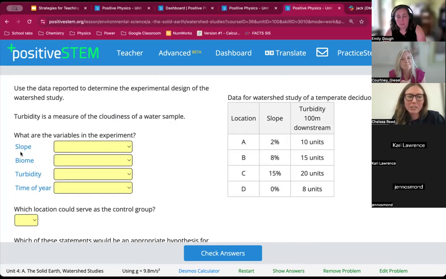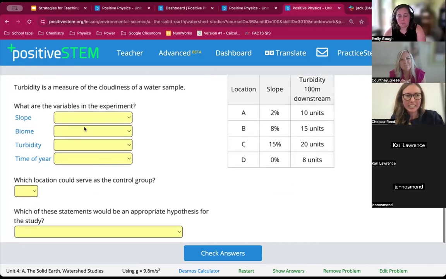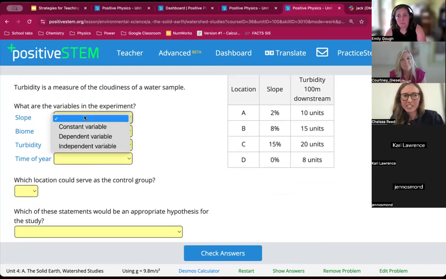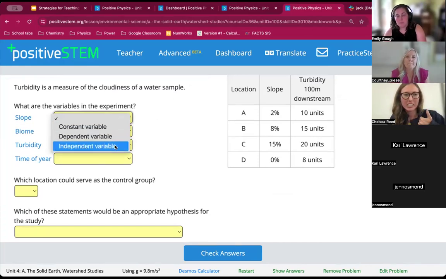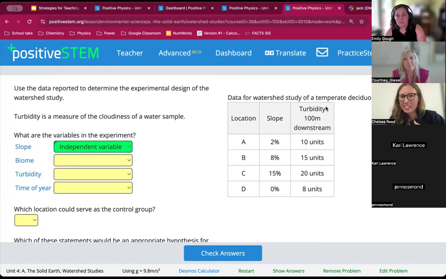So this is also going to be randomized. They have a problem with a watershed study that's looking at turbidity and slope. And so they're looking at a data table, and then they're trying to decide based on this problem which thing is slope? Is it a constant variable, a dependent variable, or an independent variable? And then you could practice that the thing that you're looking to see what has an effect is going to be the independent variable. And then it says that this data is from a temperate deciduous forest in